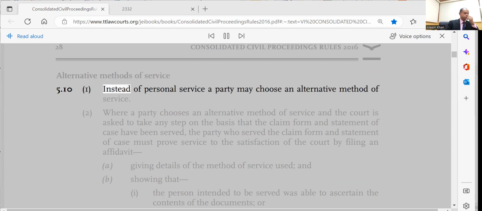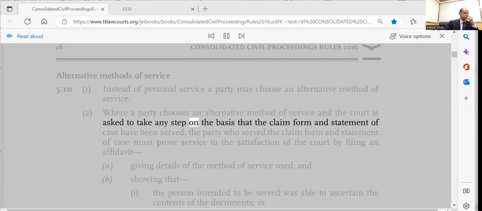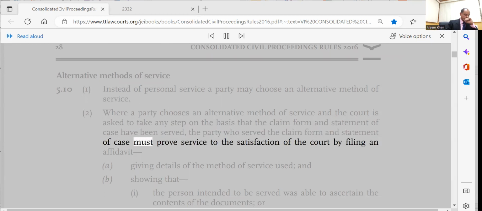5.10 1. Instead of personal service, a party may choose an alternative method of service. 2. Where a party chooses an alternative method of service and the court is asked to take any step on the basis that the claim form and statement of case have been served, the party who served the claim form and statement of case must prove service to the satisfaction of the court by filing an affidavit